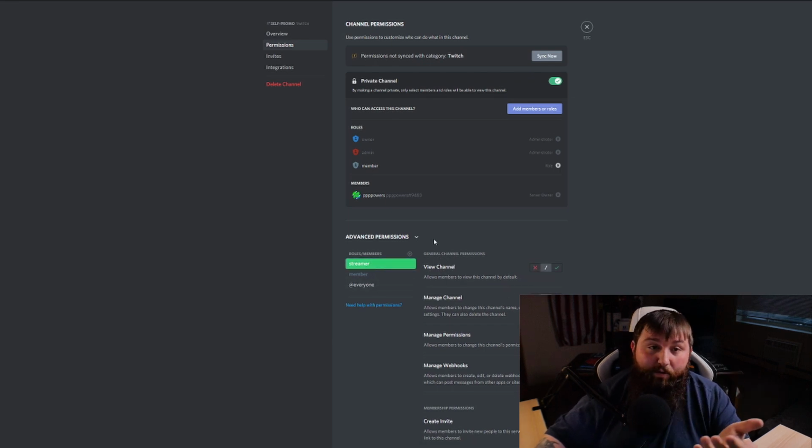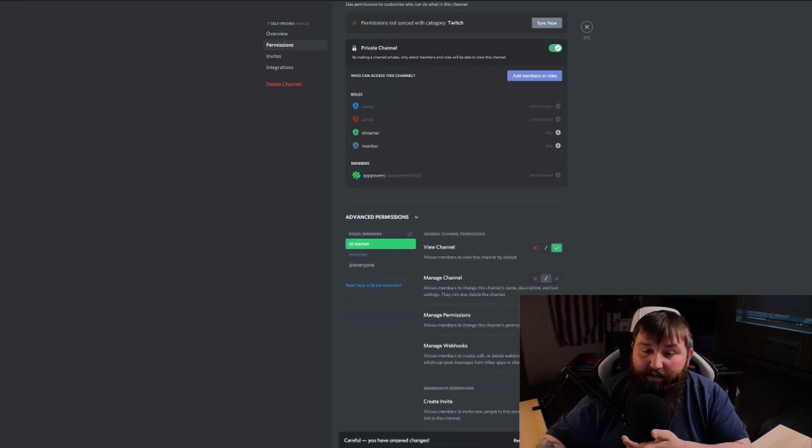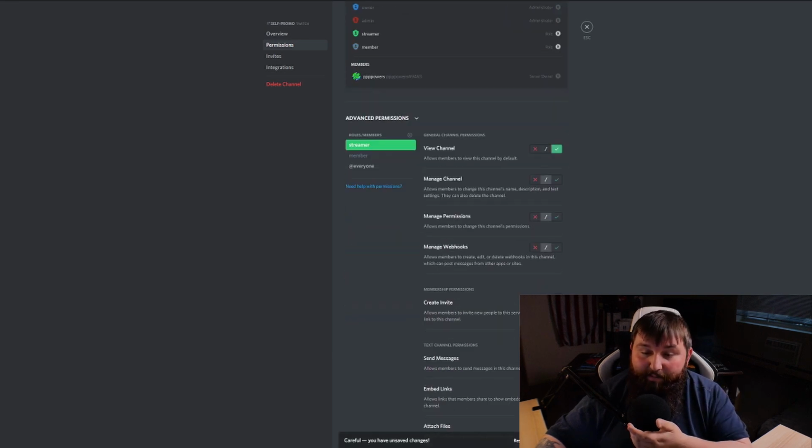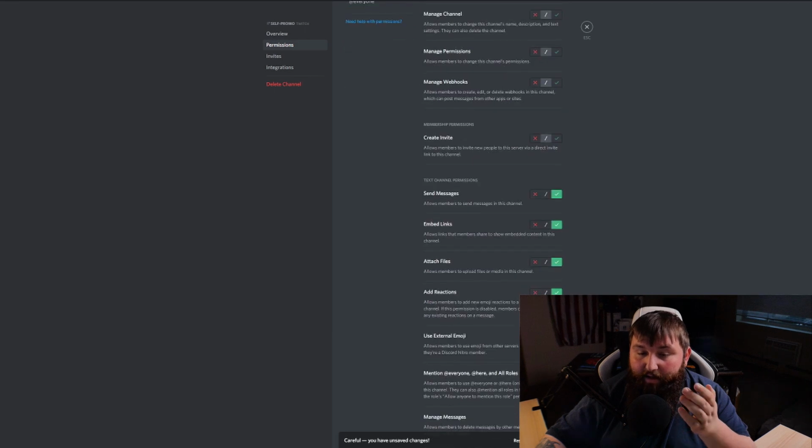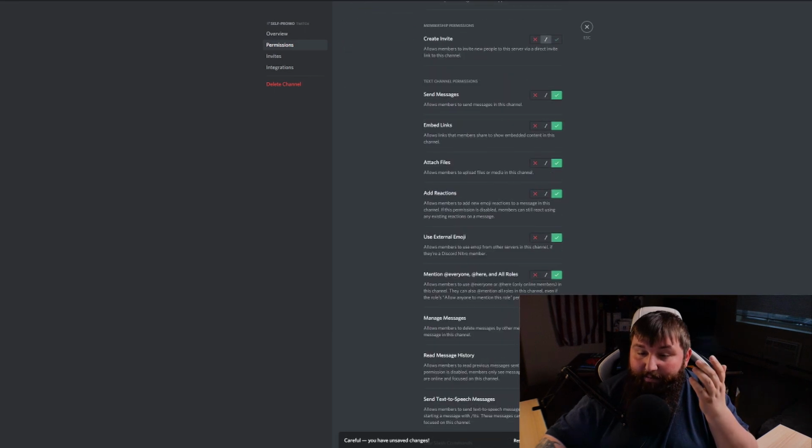So streamers can post their channels into this chat separately from your own posts. You want them to be able to see, and you want them to be able to send messages, enable links, embed links, attach files, add reactions, and do all that kind of stuff. You don't want them to be able to manage the messages though. You don't want them to be able to